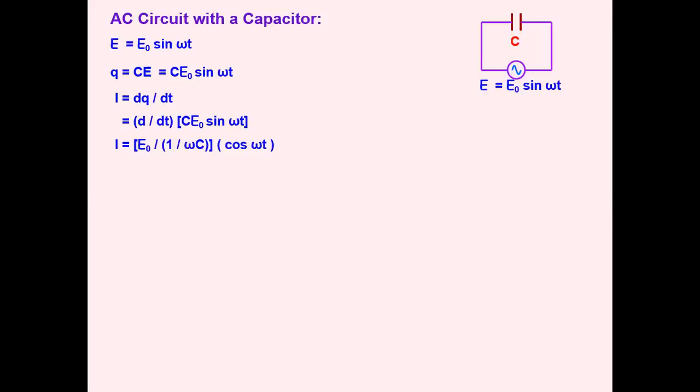As capacitance C is constant and E naught is the amplitude of alternating EMF, C into E naught is constant, and differentiation of sin omega t is cos omega t into omega. So actually it will be C into E naught into omega into cos omega t, but in order to write it in terms of EMF divided by resistance,